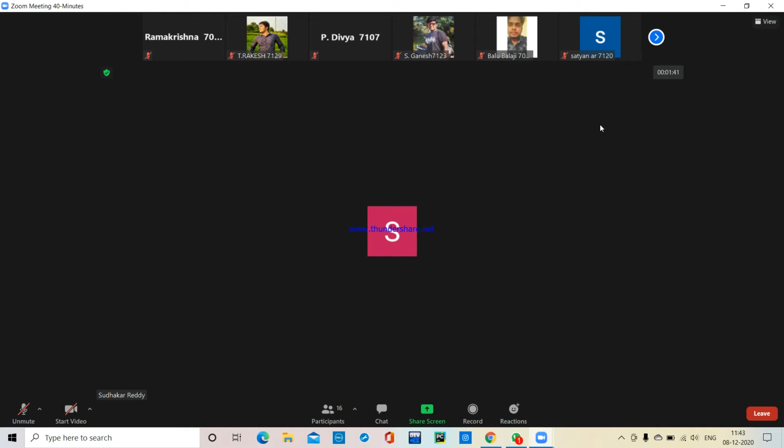In the same way we have demonstrated one more example program, like the Fibonacci sequence. If you want to execute it, here also we have implemented recursive functionality.